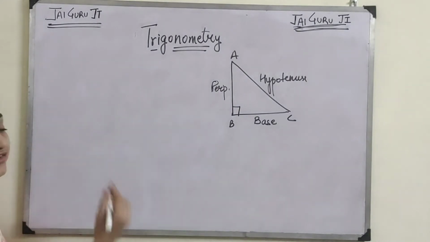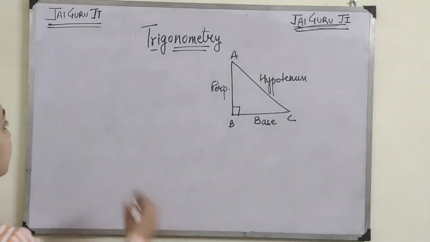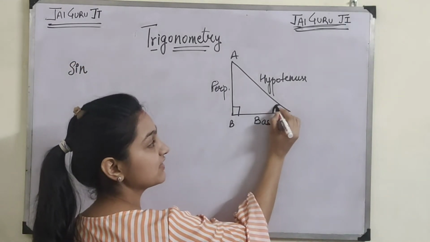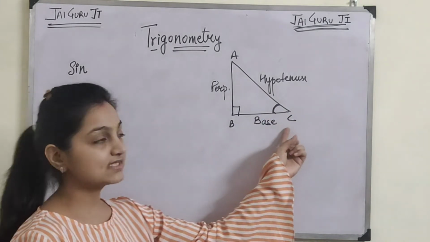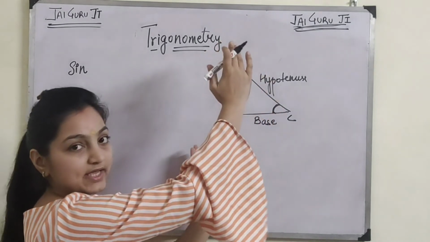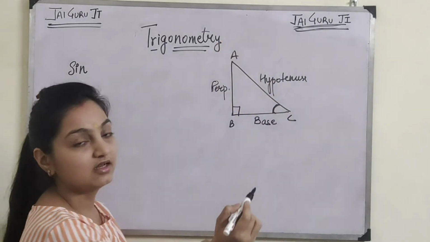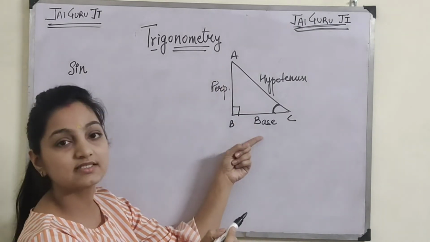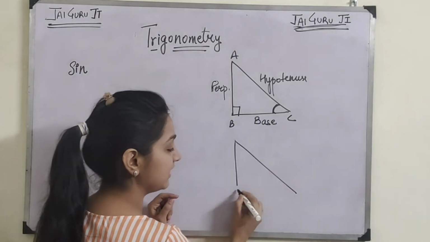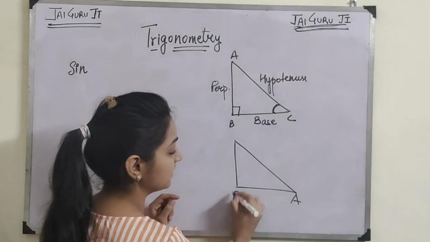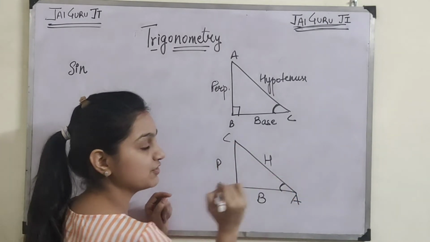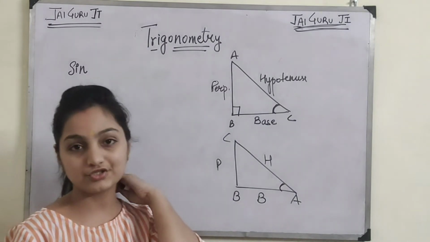Okay? So we have certain trigonometry ratios here, like we have sine theta. Whenever we are using theta, we are taking this angle. When I am taking this angle, this is the perpendicular, this is the base. And when I reverse this triangle, if I take A as the angle, I will take the opposite side as the perpendicular. So if I take the other diagram, it can be like this. A, B, C. So here A is the angle and this is perpendicular, this is base and this is hypotenuse. So it depends on the question.